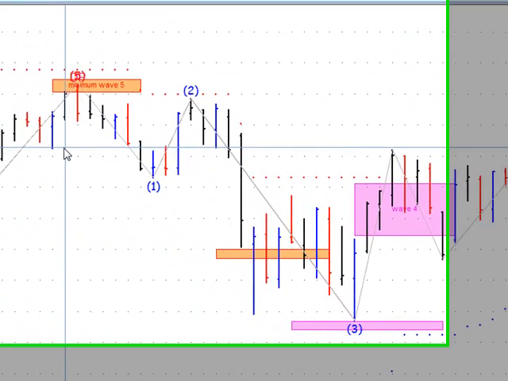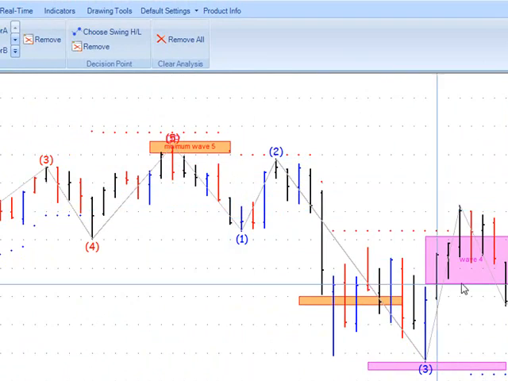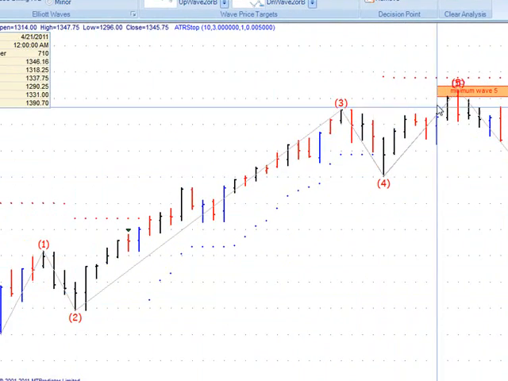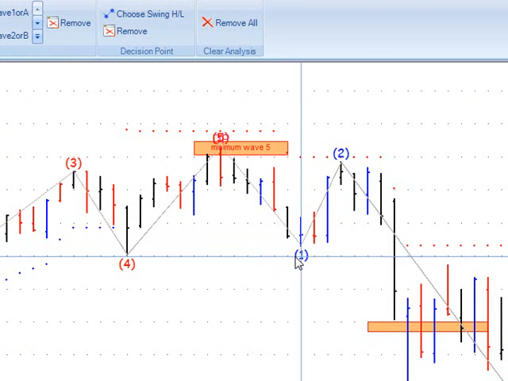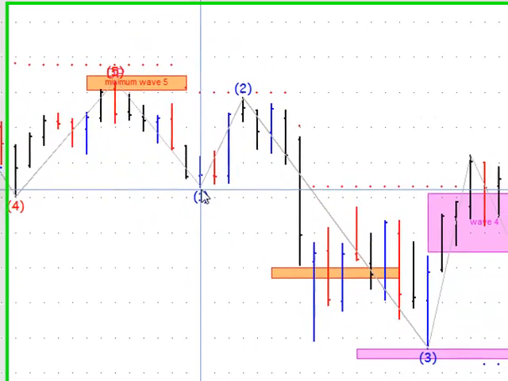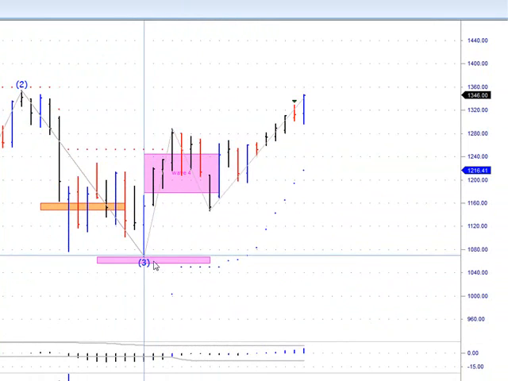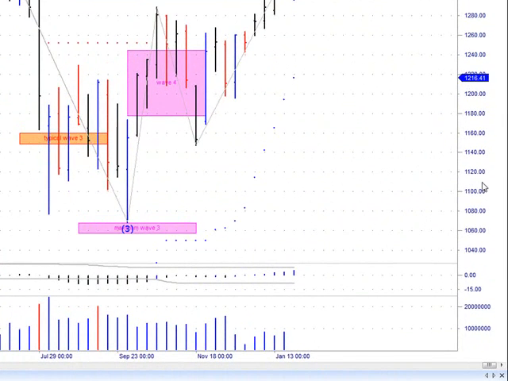Not a whole lot's happened, but we do have some movement, as we've seen in the S&P, in the earnings season. So basically, again, we had this 5-wave pattern up. We then had a move down off that wave 5 resistance area, which was our initial wave 1. Up into wave 2, went wave 3 down. Just kind of expand this a little bit. You can see the maximum wave 3 down here.